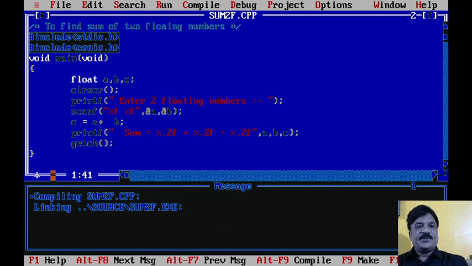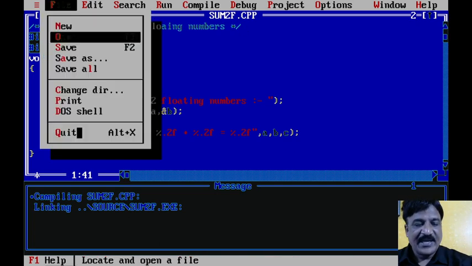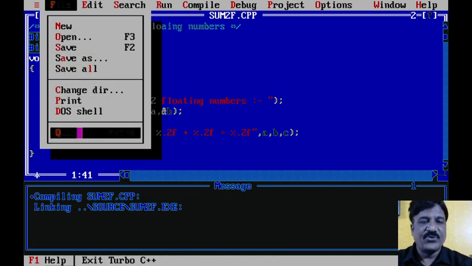So I hope that you understood how to write a program in Turbo C++, then how to compile it and how to run it. Now we have seen we need to write what? clrscr in order to clear the screen and getch at the end, so that we will be able to view the result. So is it necessary to have such kind of things? Okay, now some of the compilers are smart, there you don't require these two steps. Let's see. Okay, I am closing it, Alt F and then quit.